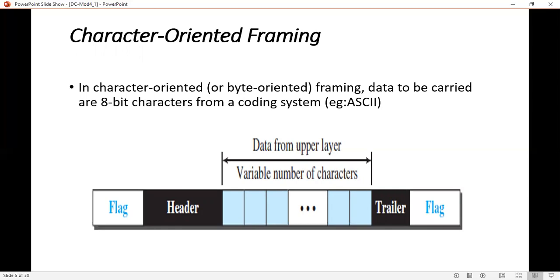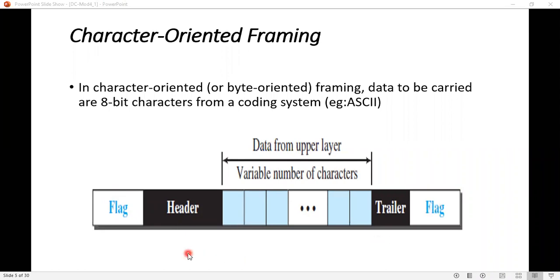Next, we'll see the format of the frame. Initially you have a flag. This flag is added at the beginning and at the end of the frame. Flag uses some special characters which signal the start and end of a frame.